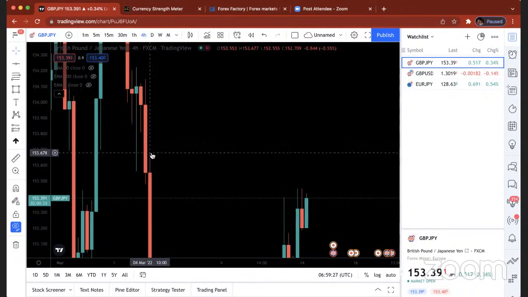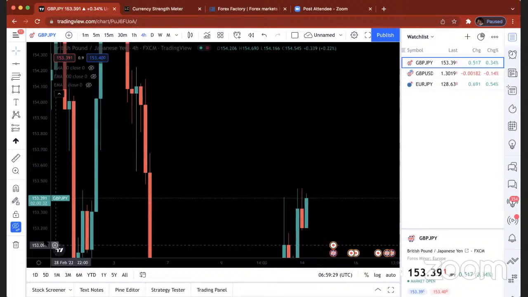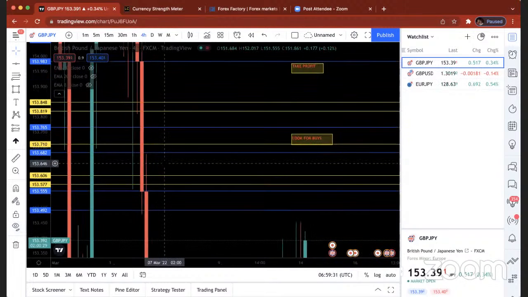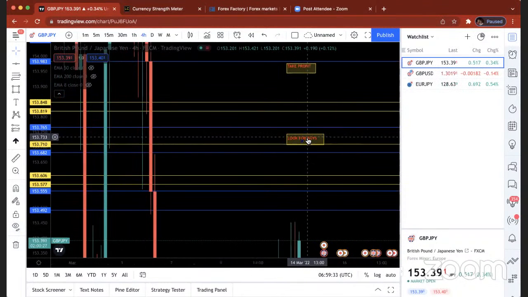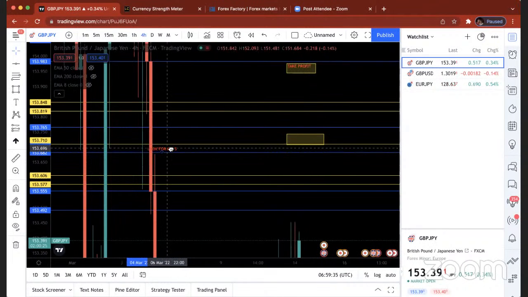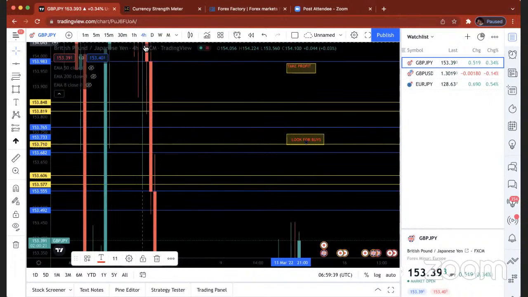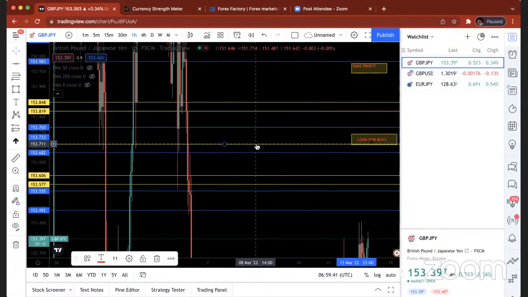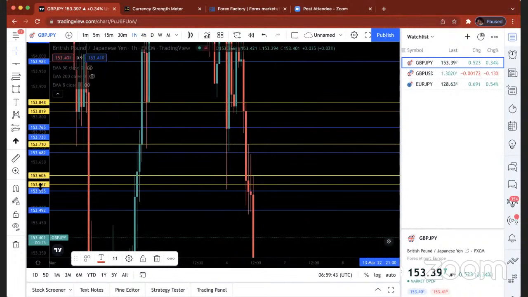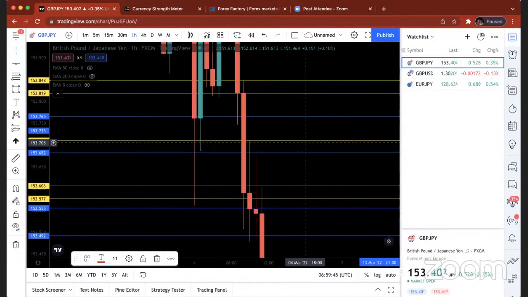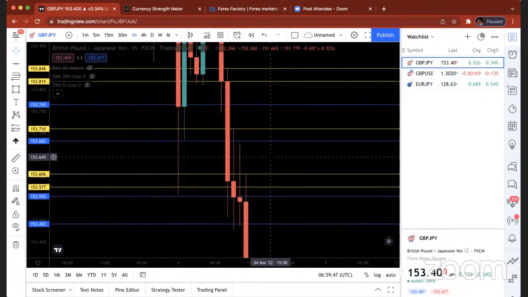So we're going to be paying attention to price when it gets to about right here. And that's why you see I have my buys. Now, usually I would have it right at the 4 hour, right when it does break that area. But the reason why I'm going to wait and respect the 1 hour is because when I go to the 1 hour time frame, we have a wick right there. We have an hourly rejection right here. So I wouldn't want to hop in the buy, let's just say